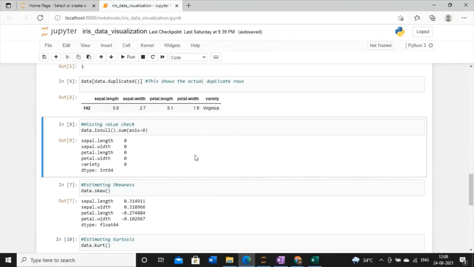Now there is another point that we have to remember, this one. What is this isNull function all about? Whenever you write data.isnull, it will detect missing values, right? If I ask you what the return type of this isnull function is, you will tell me that it returns a boolean same-sized object indicating if the values are NA or not. NA means not applicable value.